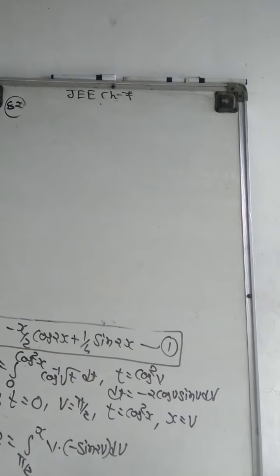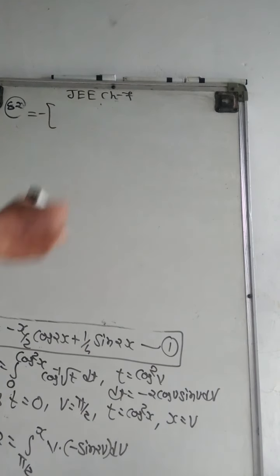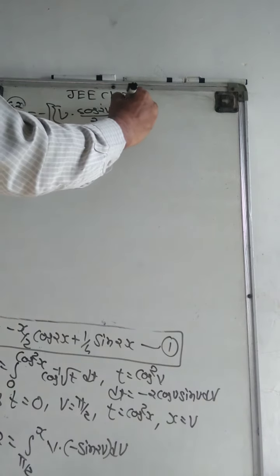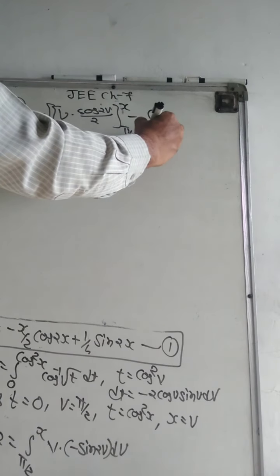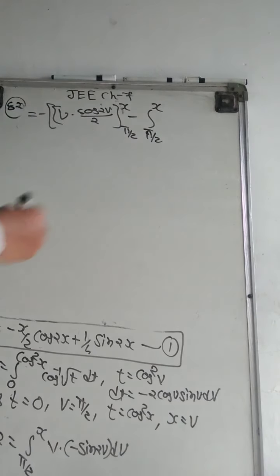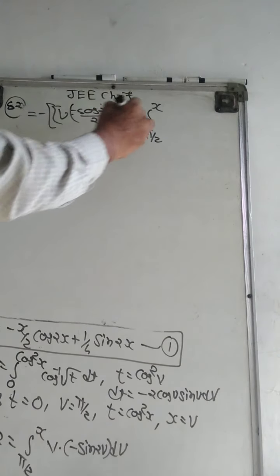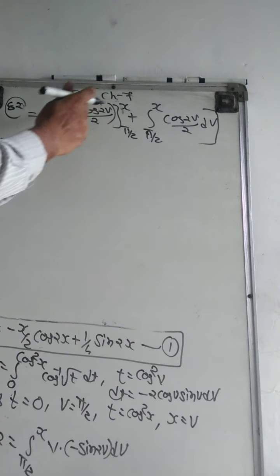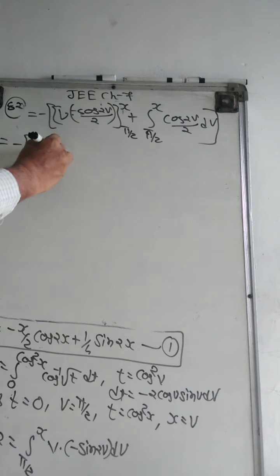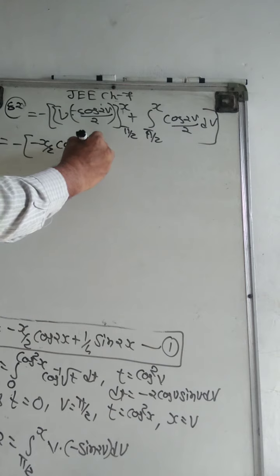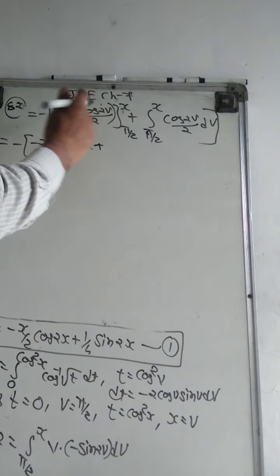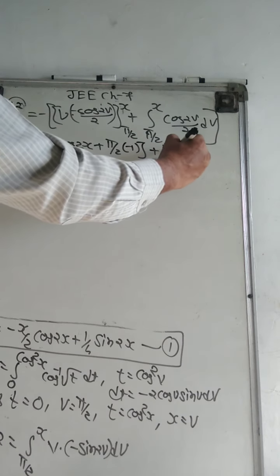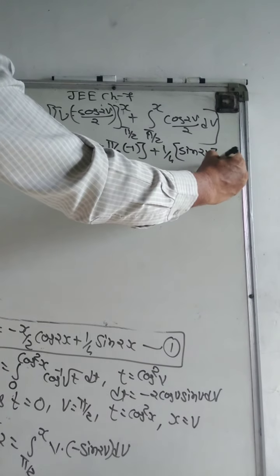Now we just simplify it and apply the partial law. Then we have first as it is, integration of second is cos 2v upon 2 from pi by 2 to x, minus the integration from pi by 2 to x of the same kind of cos, so this is minus cos, so this becomes plus cos 2v by 2 dv, minus... here first we put x, then we have minus x by 2 cos 2x, and then pi by 2, then we get plus pi by 2, and cos pi is minus 1, plus 1 by 4 sin 2v from pi by 2 to x.